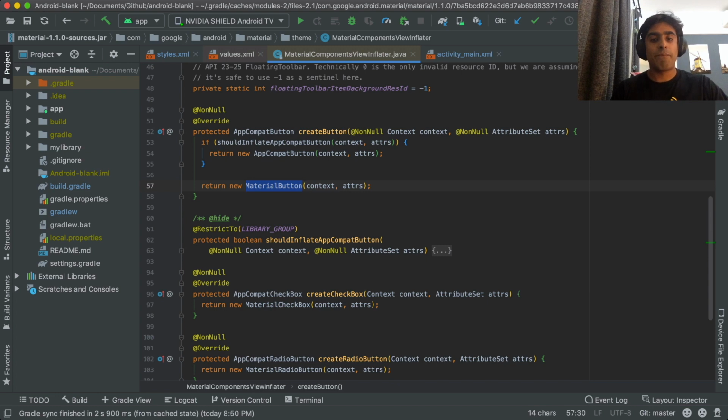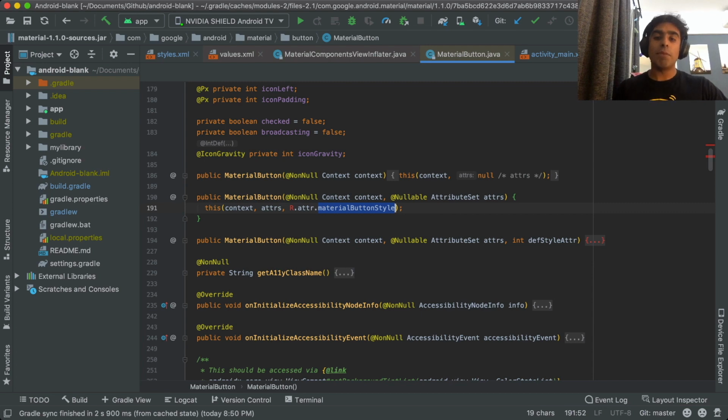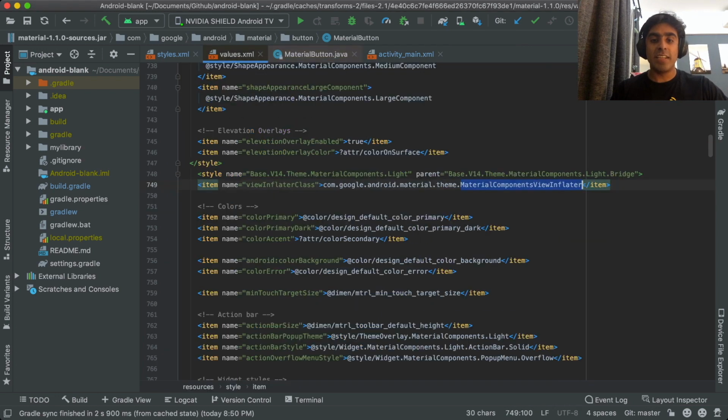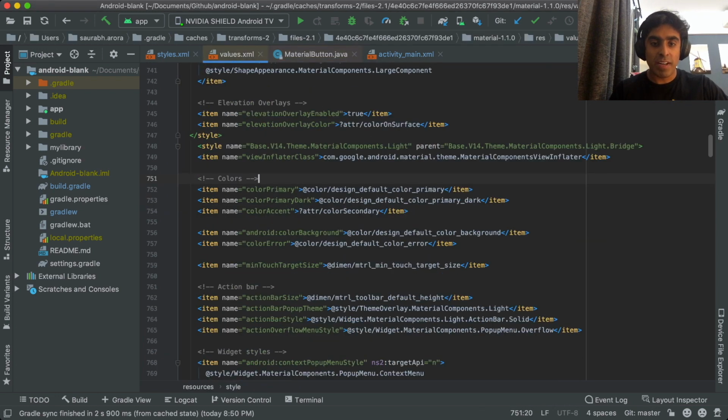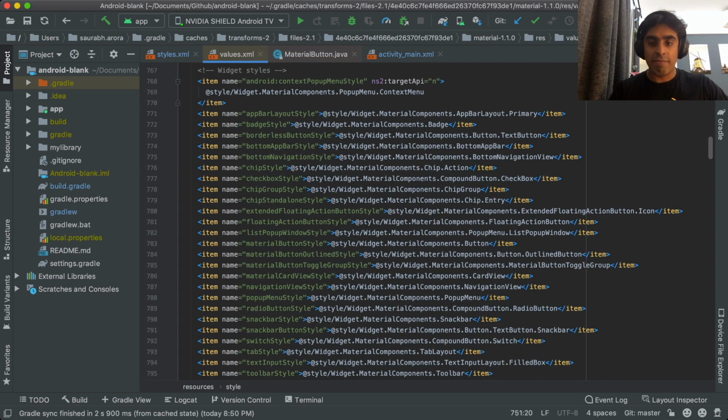Let's validate that. I go inside MaterialButton and I see there's a materialButtonStyle. And now we know that it's the materialButtonStyle which is controlling what this button looks like and not the buttonStyle. We can also see what the definition of this materialButtonStyle is.